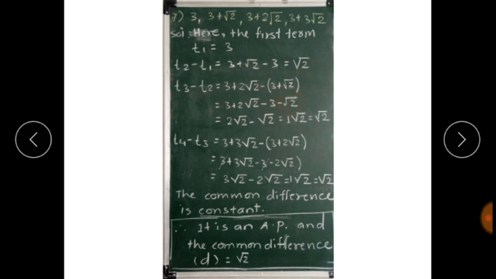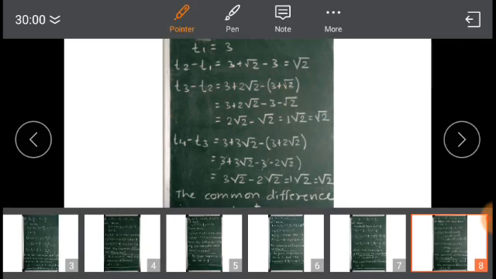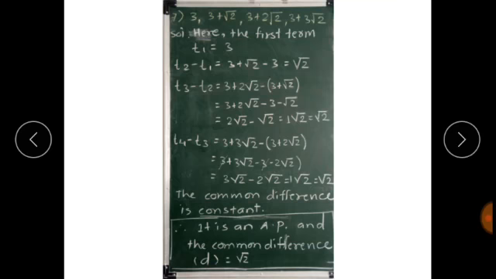Therefore, 3 plus 2 under root 2 minus 3 minus under root 2. Minus into plus will become minus. Therefore, 2 root 2 minus root 2. Here 3 minus 3 gets cancelled. So 2 root 2 minus root 2 means 2 root 2 minus 1 root 2, which is equal to 1 root 2. But we never write 1, so it is just root 2. Root 2 and 1 root 2 are one and the same.